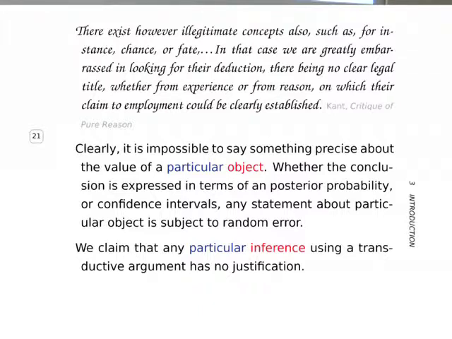But near the particular object there is a particular inference. We say we cannot say much about a particular inference. What do I mean by particular inference? This model that led me from my observation to the prediction whether passive smoking is harmful or not.